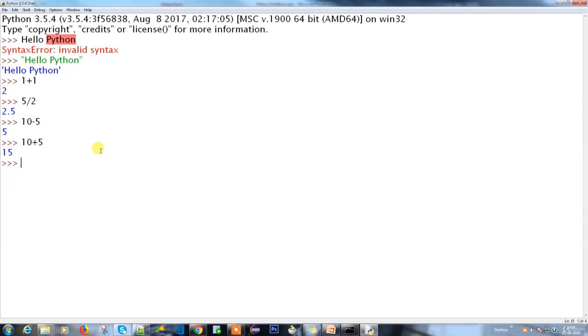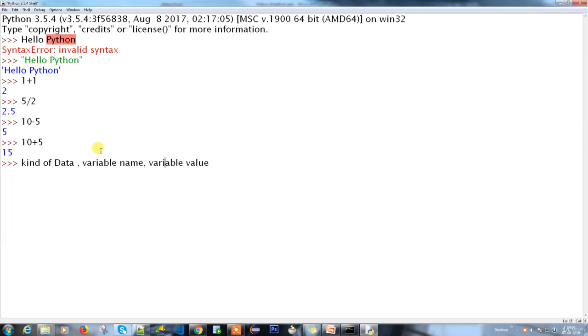The first thing is what kind of data, whether it is an integer or a decimal or a string. Then the variable name, and then the variable value. These are the common parameters across all programming languages.